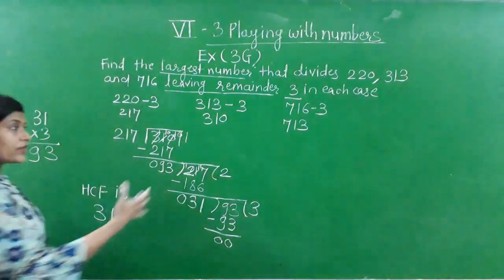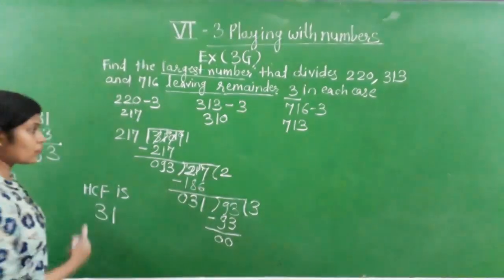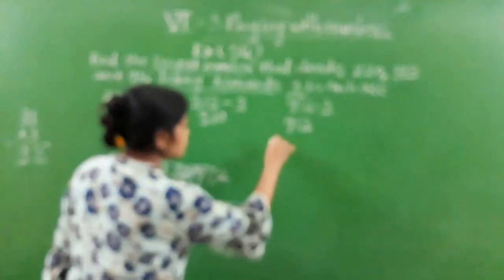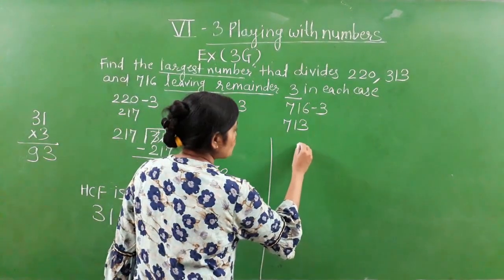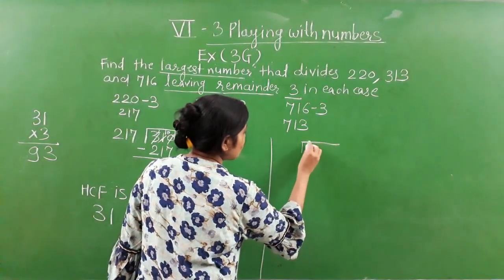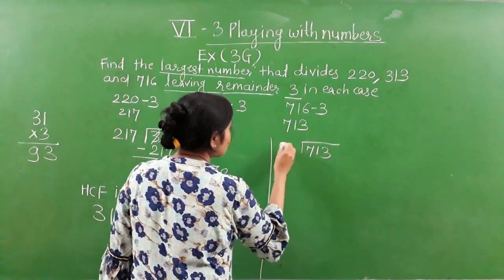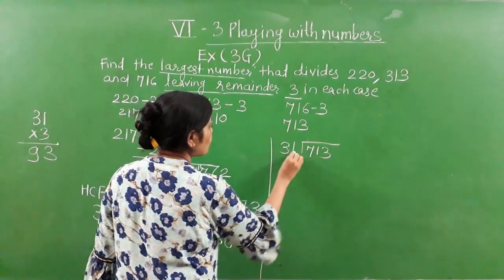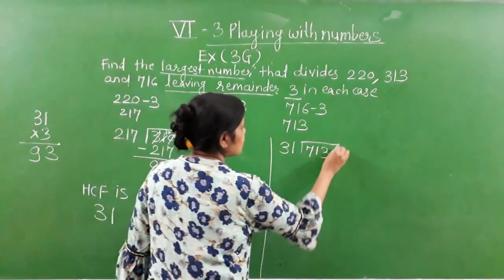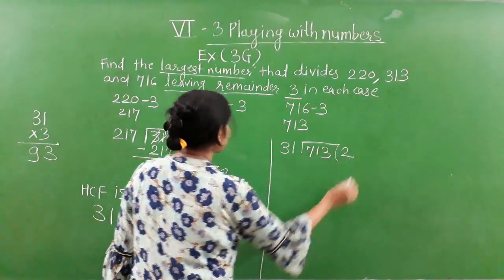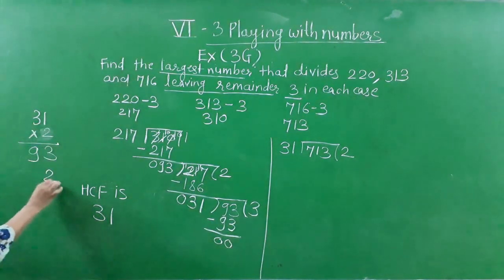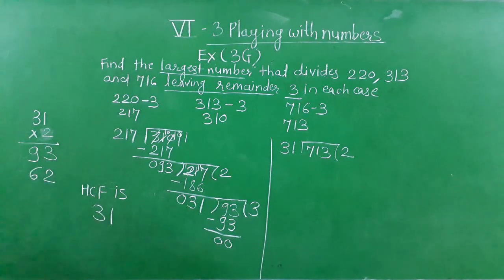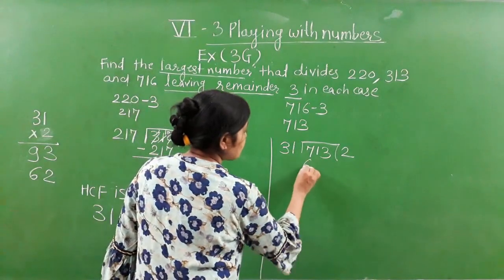Now we need to see whether this is divisible by this HCF or not. So in that second step, by this HCF we will divide the third number. So here we'll write 713 divided by 31. Okay. So here, let's see, 31 2s are. What will we get? 31 2s are, 2 1s are 2 and 2 3s are 6. If 3s are, take, that will be a bigger number. So we'll take 2s are, that is 62.